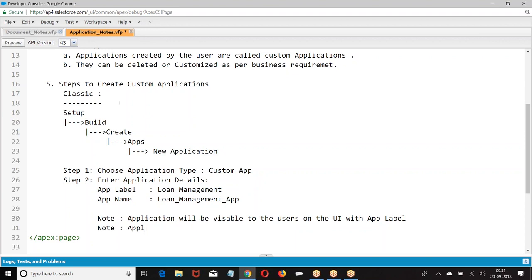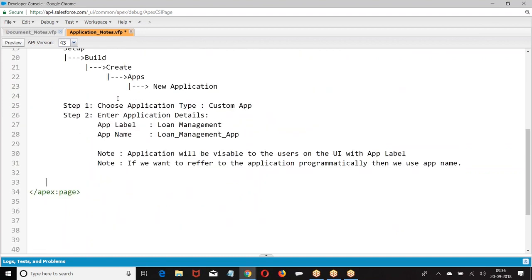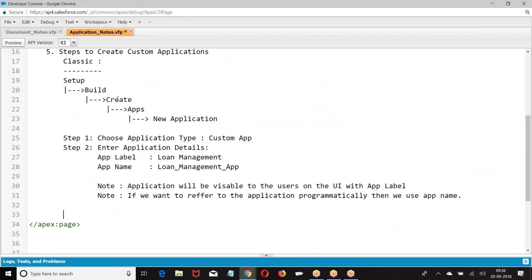If you want to refer to the application programmatically, then we use the app name. So label is for display, name is for programmatic access.